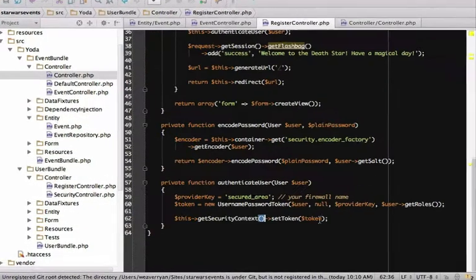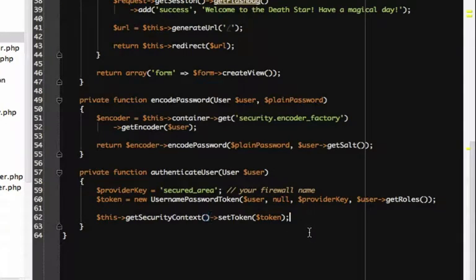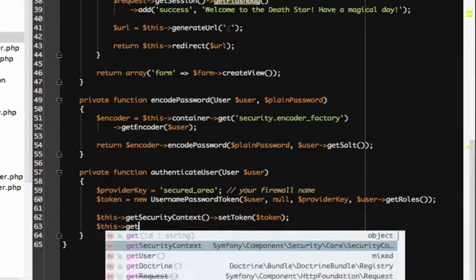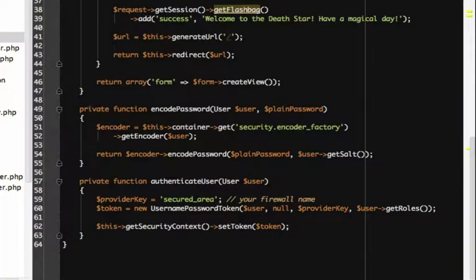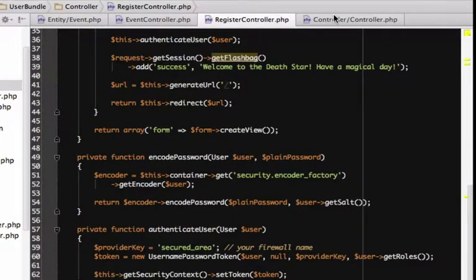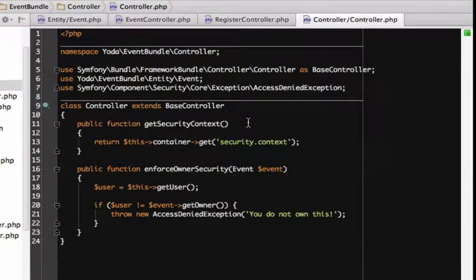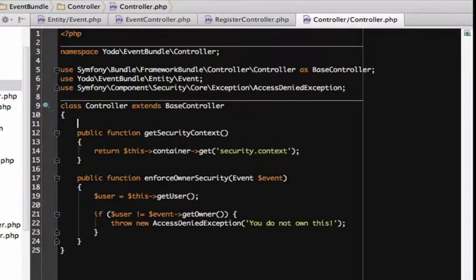Inside RegisterController, my IDE recognizes the setToken method on the security context automatically. Actually, this only works because I'm using an awesome Symfony 2 plugin for PhpStorm. The getSecurityContext method doesn't have any PHPDoc, so any other editor will have no idea what type of object this method returns. To fix this, and because PHPDoc is a good practice, let's add some to our new